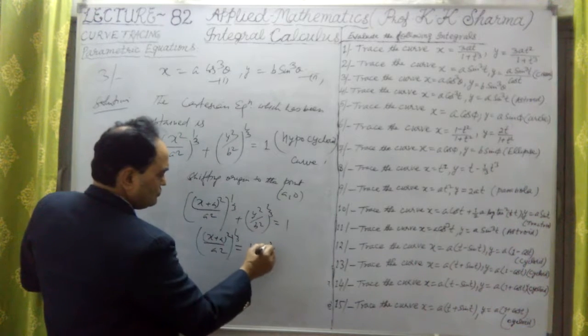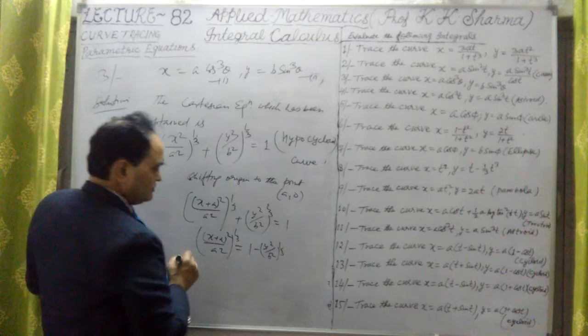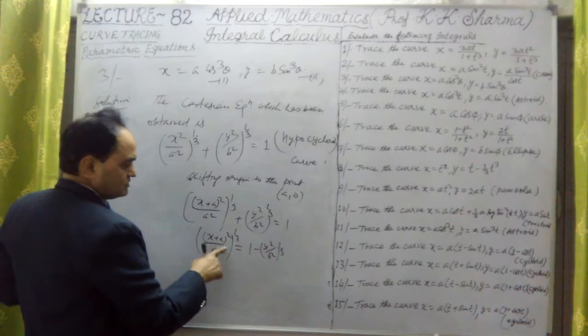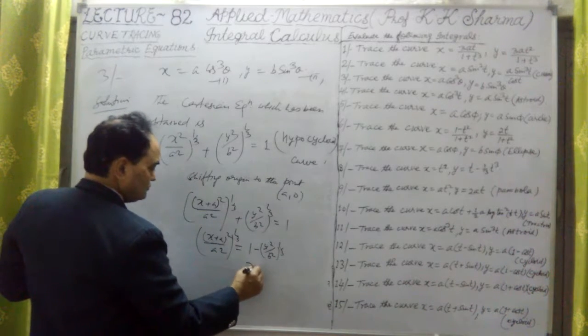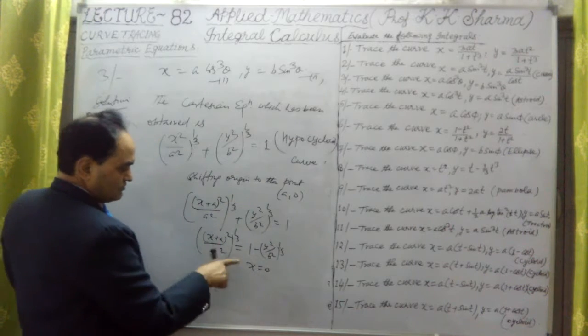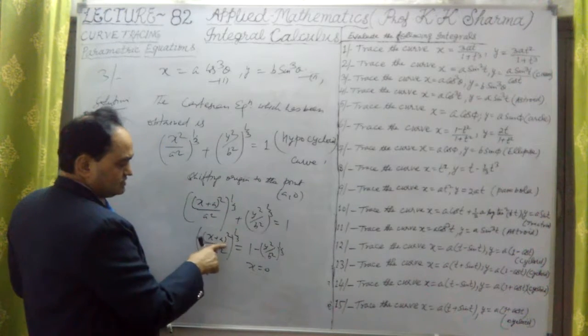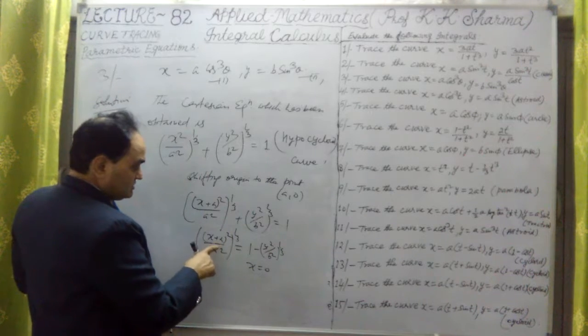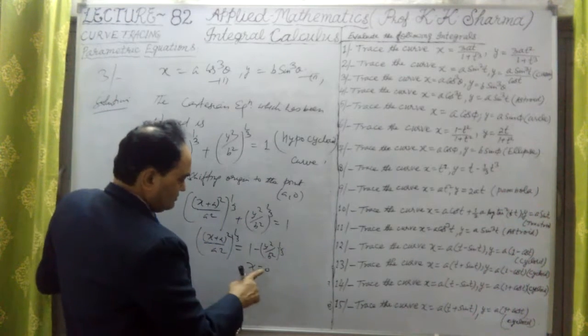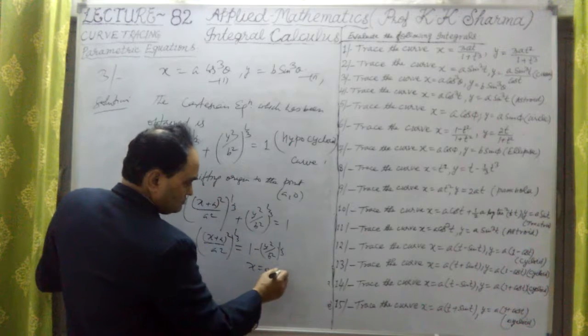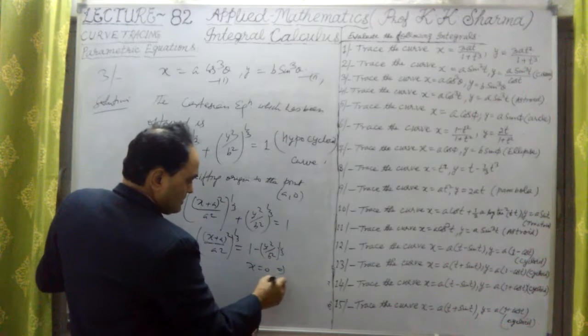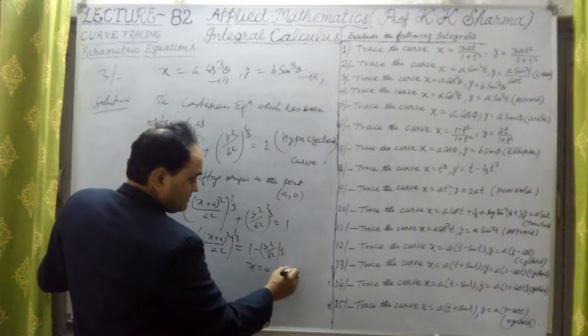Equating the smallest degree term, so x equal to 0. From this, if I open twice x a whole square, we will get twice ax, that is the smallest degree term. That implies that x equal to 0,